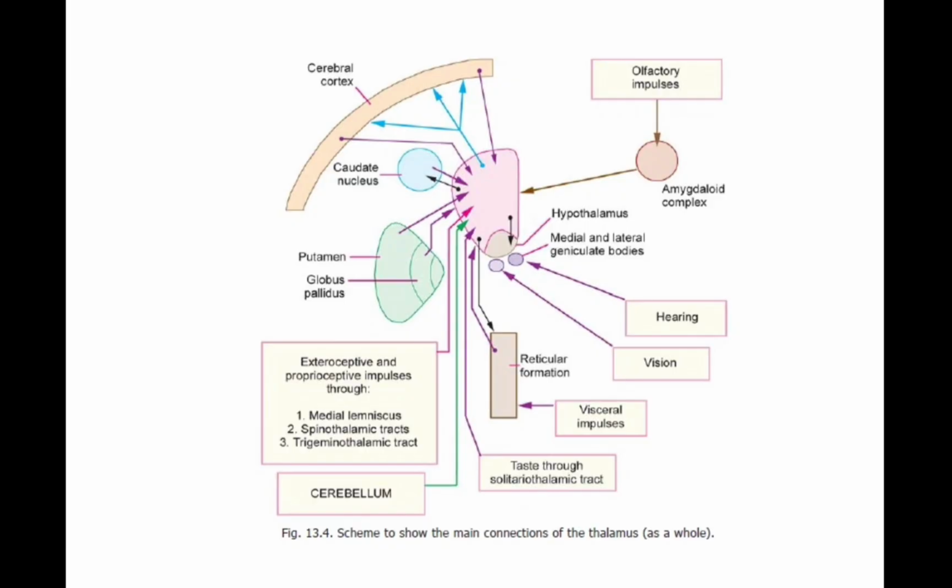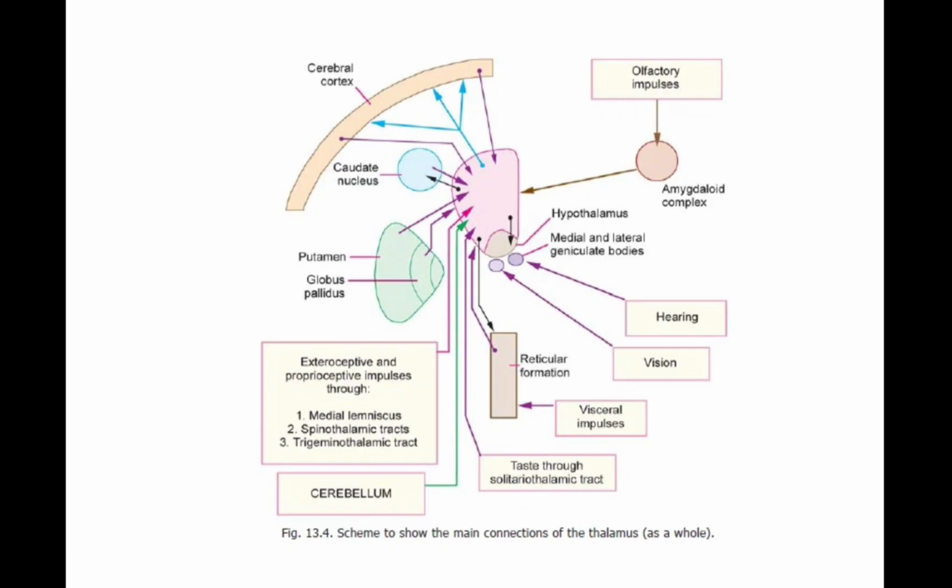Now body organs, which are the visceral impulses, from the heart, gut, etc. Then balance and coordination come from the cerebellum. Wakefulness you can see comes from the reticular formation in the brain. Emotions and smell come from the amygdala, which is the amygdaloid complex, and the hypothalamus. The olfactory impulses, which is smell, is the only sense that does not go through the thalamus first. It goes straight to the cortex and the amygdala.